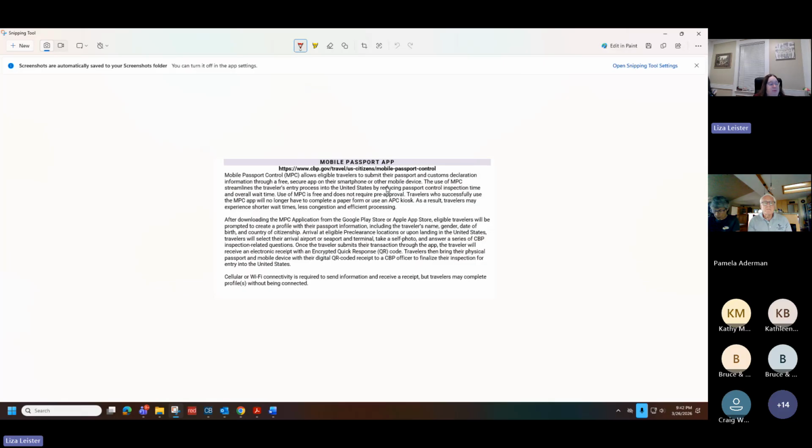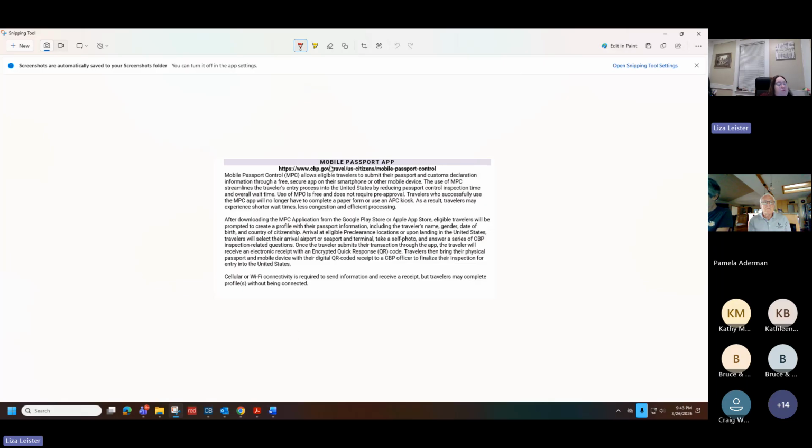It depends on how many people are accessing them and how many flights arrived at the same time. But a lot of times I get through that just as quick, and I don't have Global Entry. I get through maybe not quite as quick as Global Entry, but pretty quickly. And it's a free program that you just do on your phone. You put in your passport information, and then when you land, you just have to submit your customs form, if you're claiming anything coming back in, and it goes immediately over, and then you just follow the lines with the symbol.